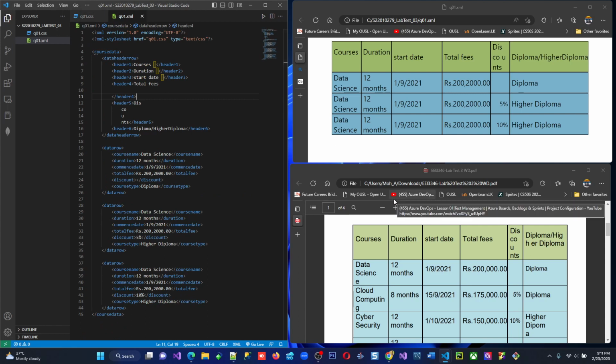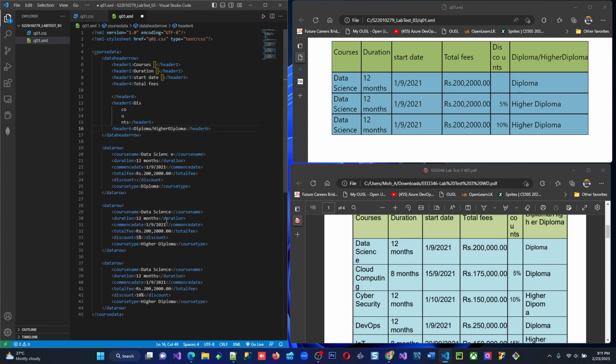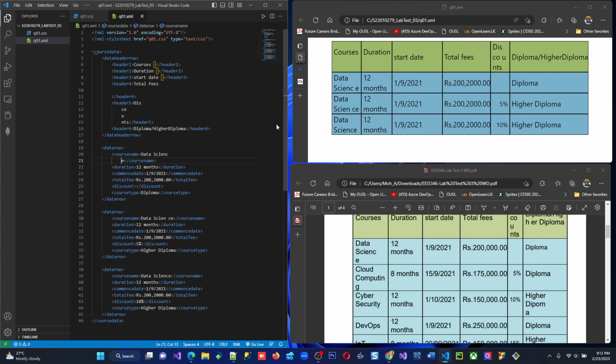So if you want the other things also the same, see here, data science, the E never comes out while we have this much space on the side. So definitely for data science, there's a space before the E. And then cloud computing, the same thing. I don't know why they made it like this. Maybe for example, if you put data science with a single space here, okay, there is a space here, but if there are no spaces, I don't know. Anyhow,